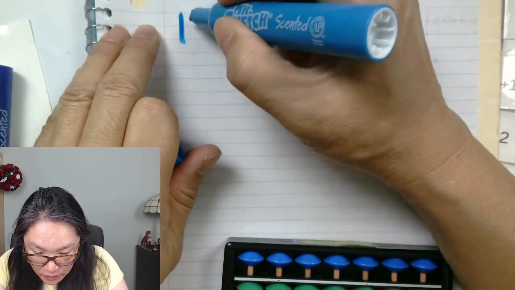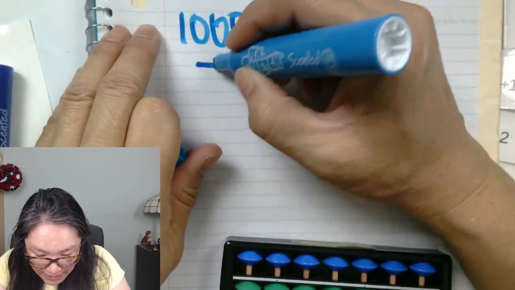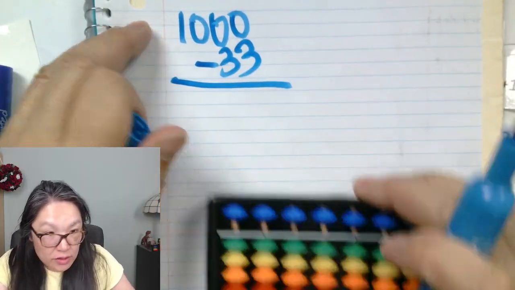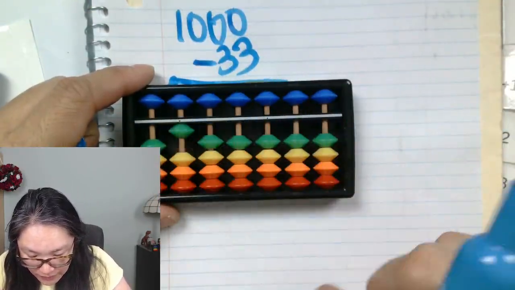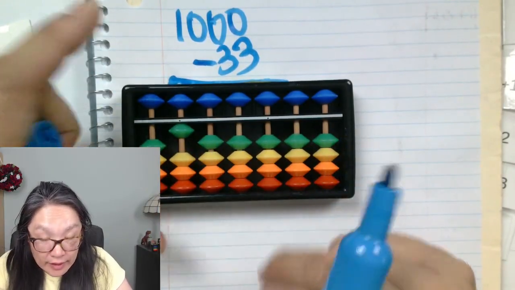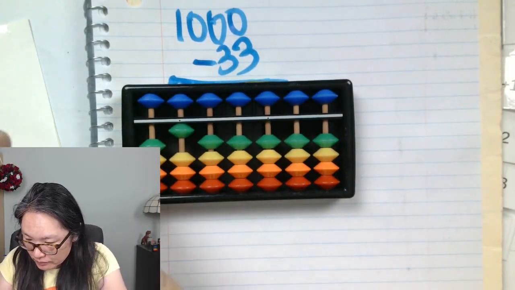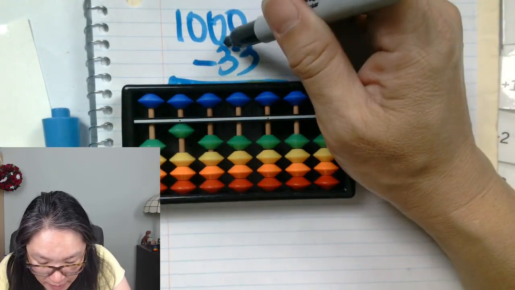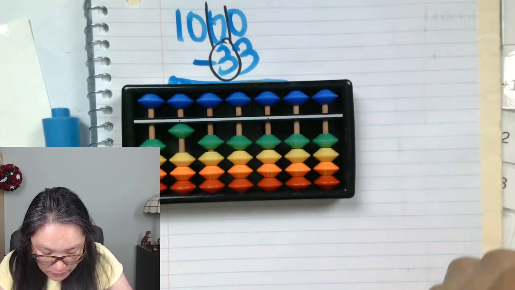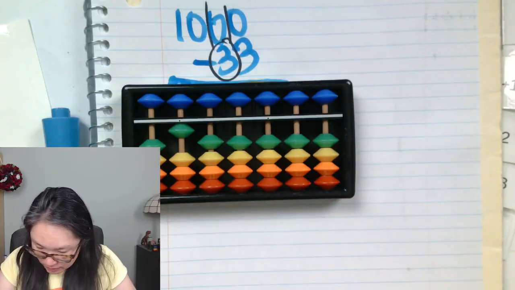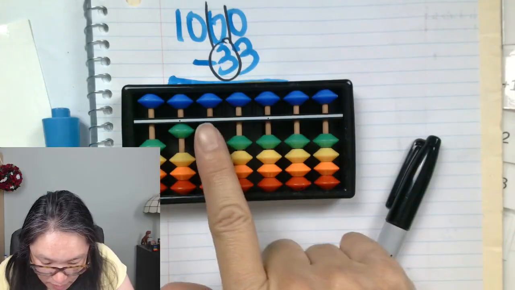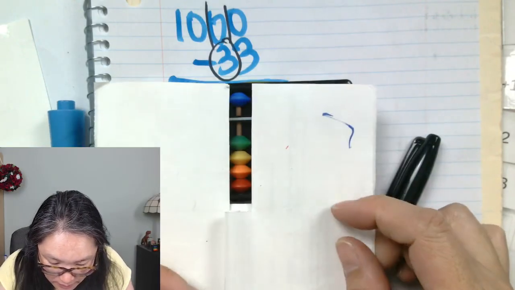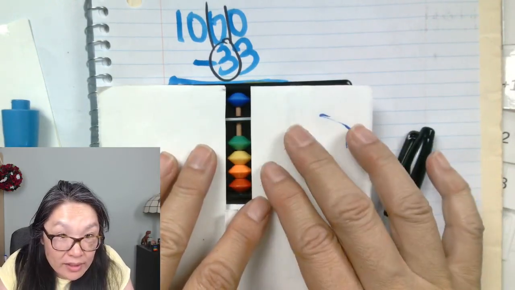So what we're going to do is the question is 1,000. So we do 1,000 minus 33. So when we do it, we're going to do 1,000 minus the 3, right? Minus 30. So the first thing we're going to do is minus 30. So that's what this is, right? If we look, this is my ones, and I'm going to minus the 3. When I minus the 3,